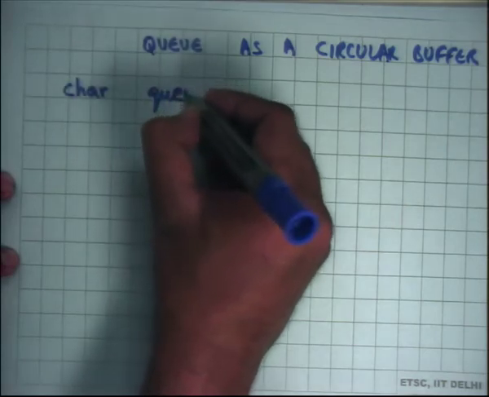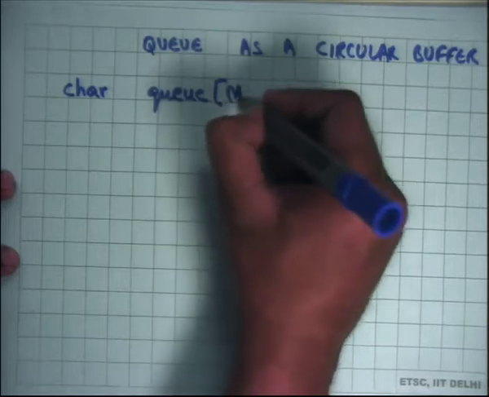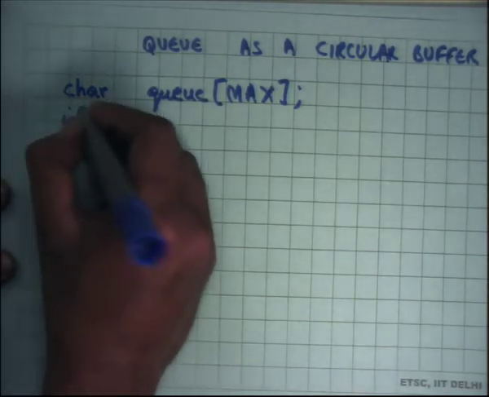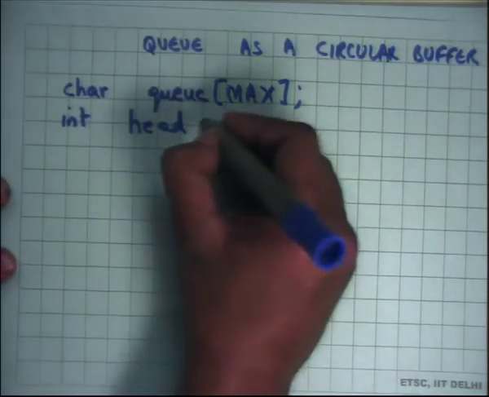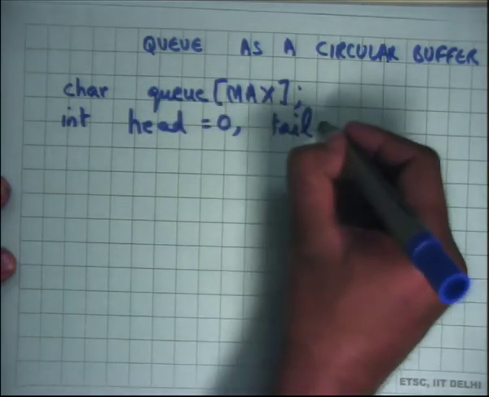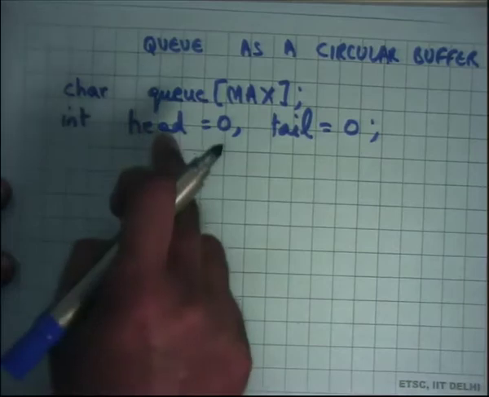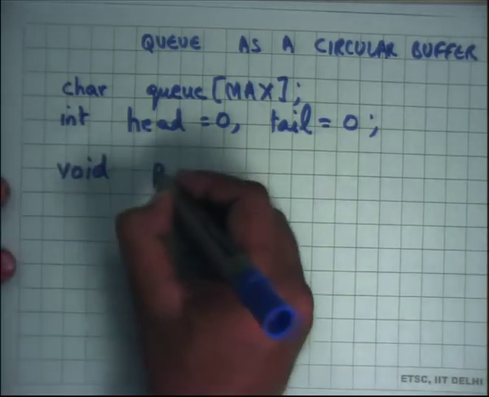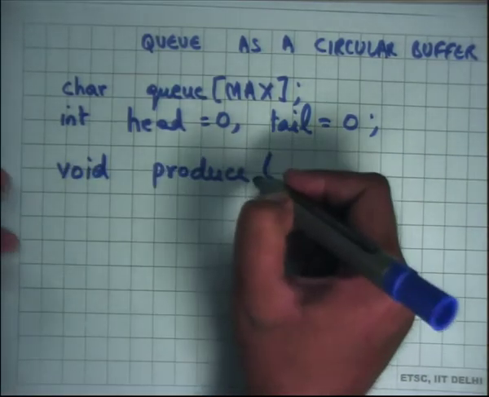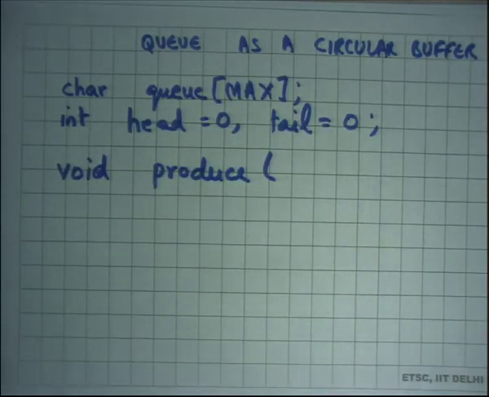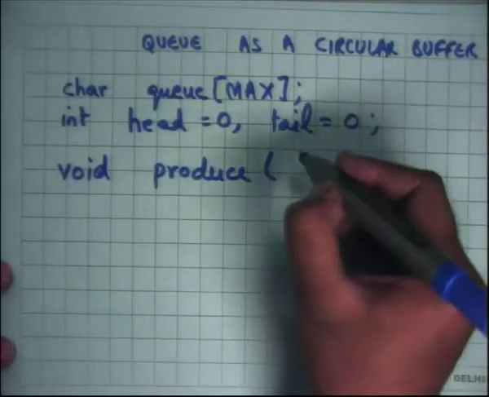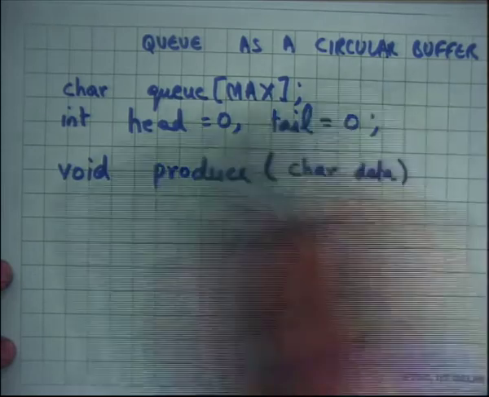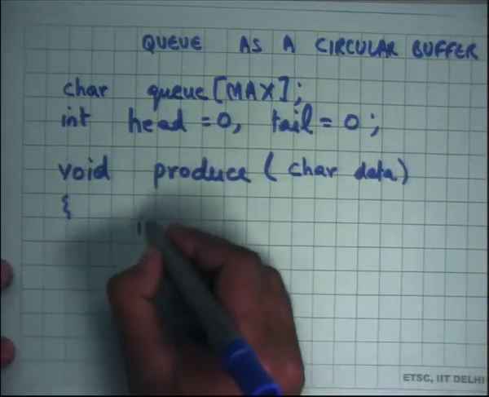So let's say I have an array of characters which is maintaining my queue, and the maximum size of this queue is max, right? And then I have 2 pointers inside this array, int head initialized to 0, let's say, and a tail also initialized to 0. All these 3 variables are global variables. And then you have a function called produce. Depending on who is the producer, they are going to call produce. Input queue, network is the producer; output queue, server is the producer. In either case, you basically say produce, let's say some character which is your data, and you're going to say if